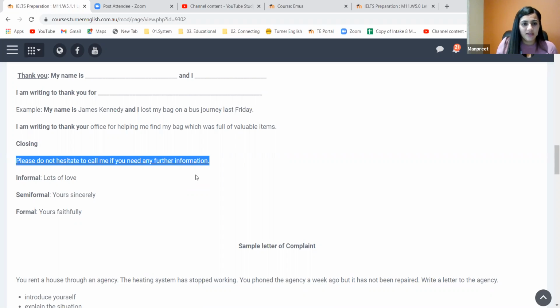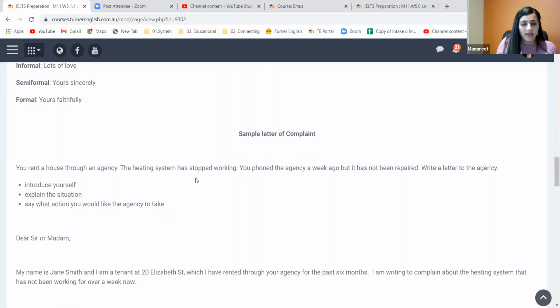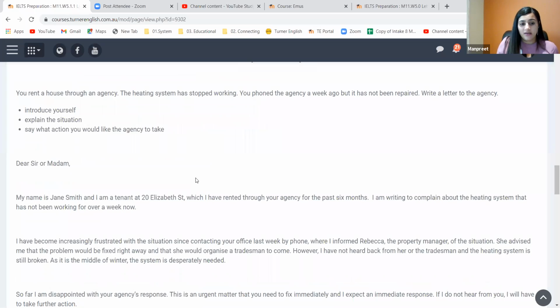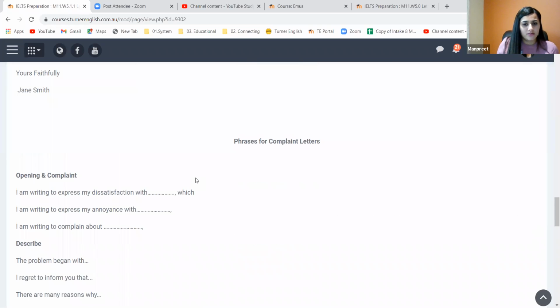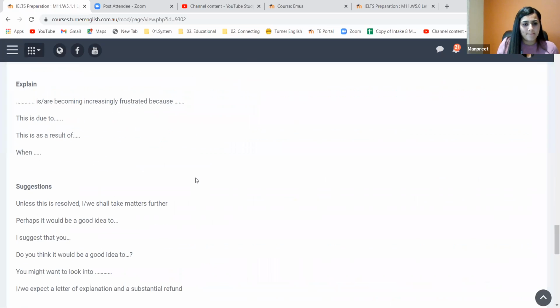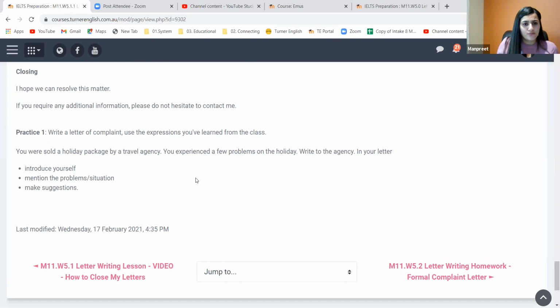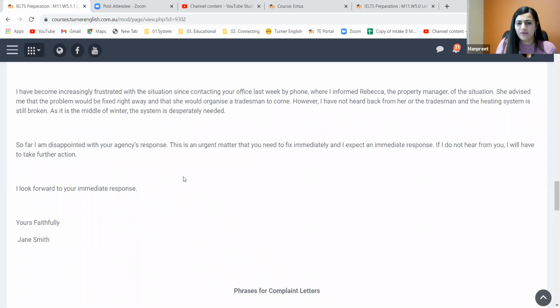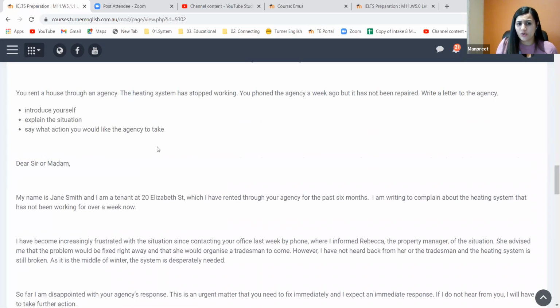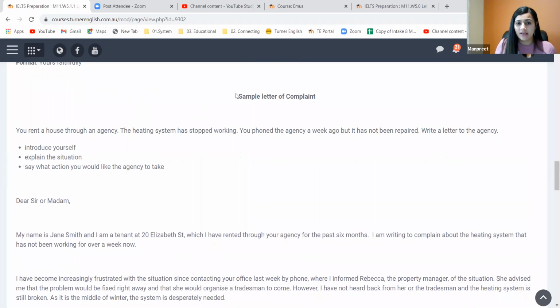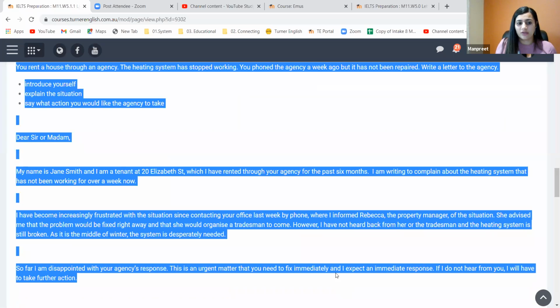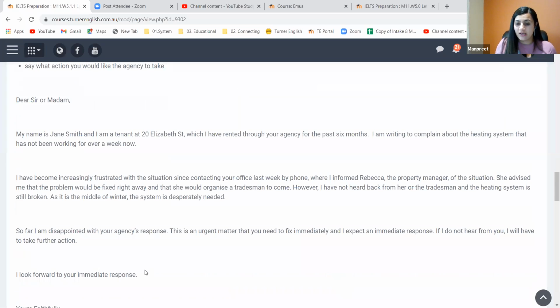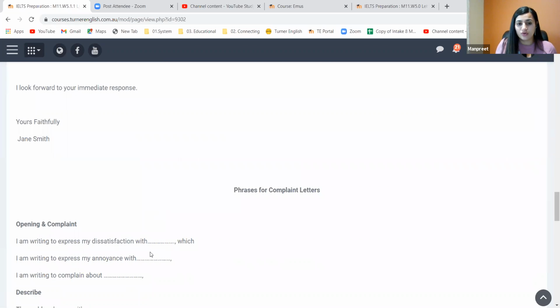Okay, clear, everybody? After this, we have a sample letter. Let me see if there's another topic here. Okay, yeah, so there is a sample letter, everybody. If you want to just read it, get an idea how you have to write it. This is the sample letter, and it's there in your respective portals. Once you finish reading it and get an idea, after that I want you all to